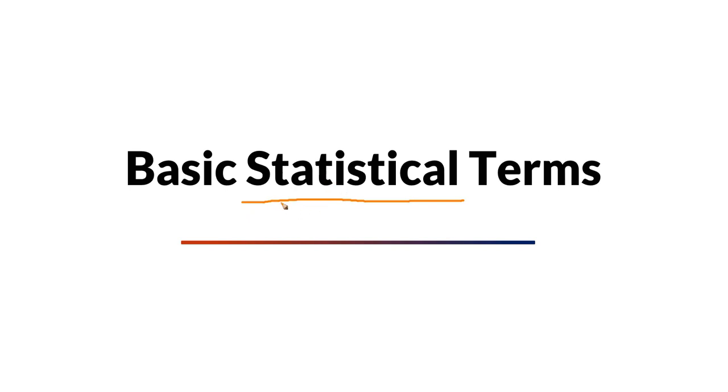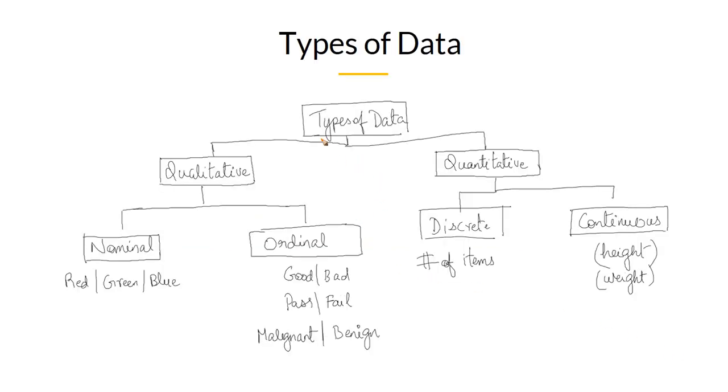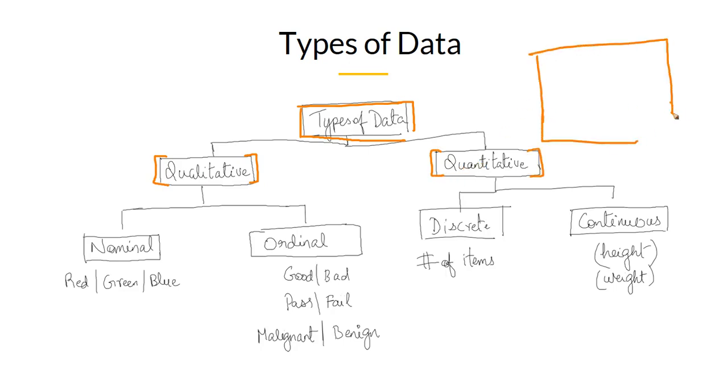And in that process, we will understand the intuition behind it and the core concept behind each of those statistical terms. Let's get started by understanding the different types of data that you will use when building machine learning models. When you're collecting data, the types of data can primarily be divided into qualitative data and quantitative data. When I say data, in a data set, I'm referring to structured data sets. In structured data sets, you will have different columns, and the data present in those columns is either qualitative or